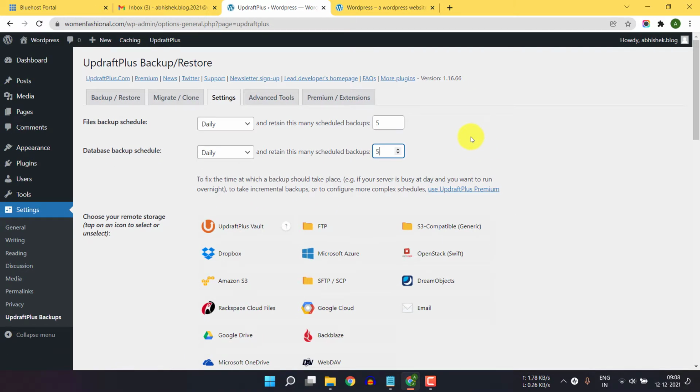So when the backup count is 6, it will automatically delete the previous backup and save the recent 5 backups on your cloud storage. In this way you can manage your cloud storage space and easily retain 5 to 6 backups. So make sure to set this daily and set the number of backups that you want to retain on your cloud storage.